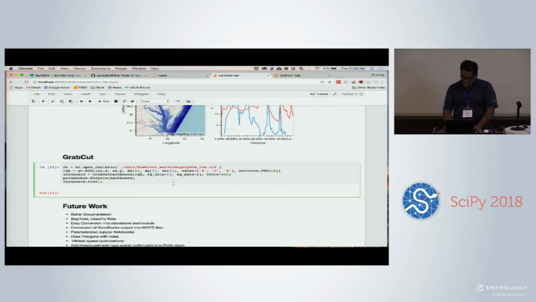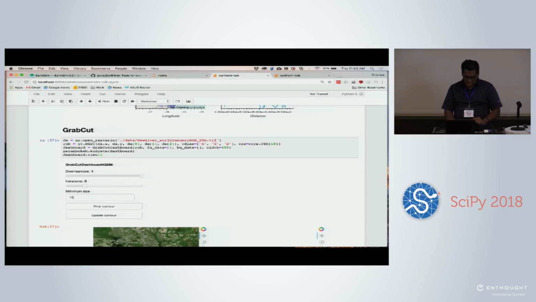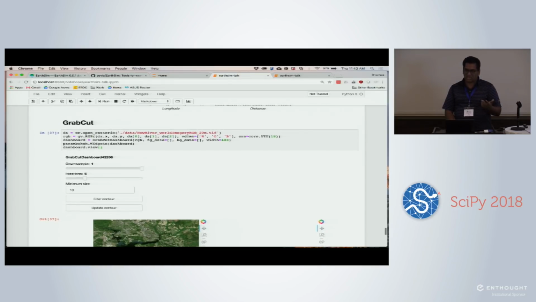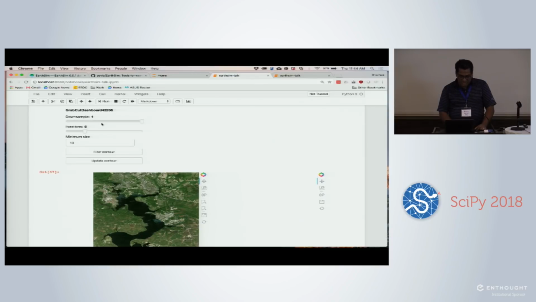The last one I will go through is what we call the grab cut algorithm, an algorithm from computer vision. OpenCV has an implementation of it which you can install easily, and it's a way to segment images based on foreground and background. If you give it information on what the foreground is and background is, it'll segment it. And for example, an example is